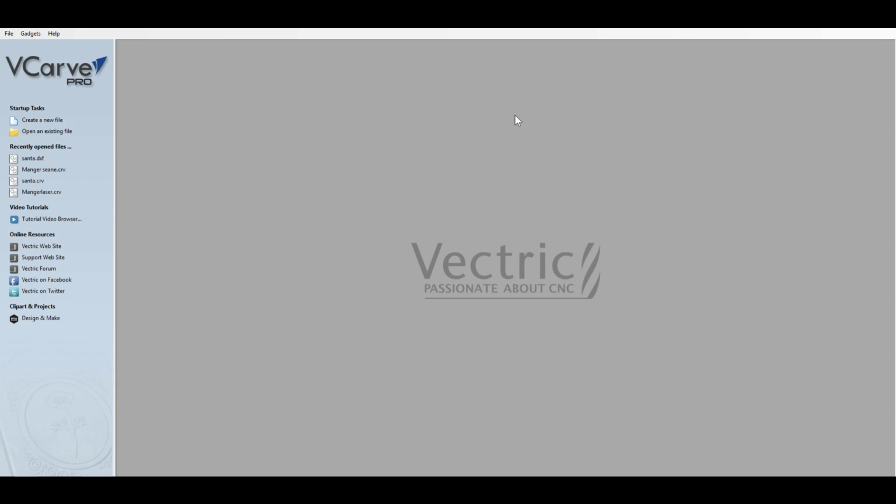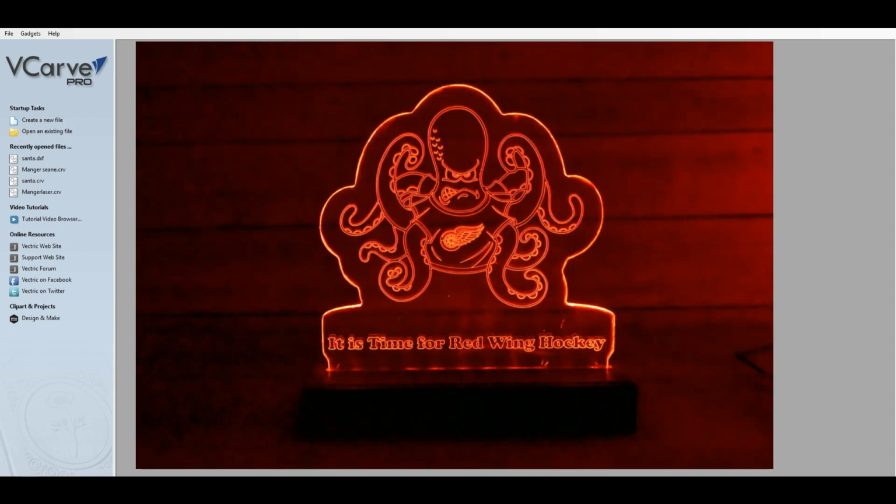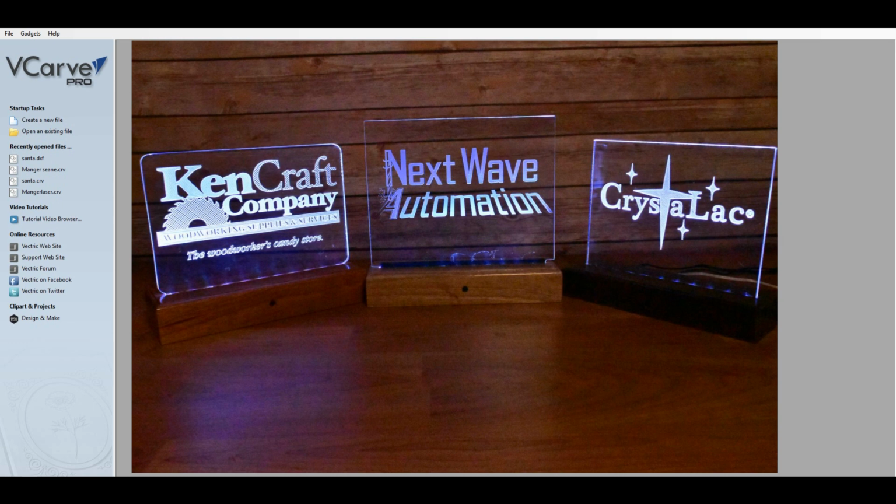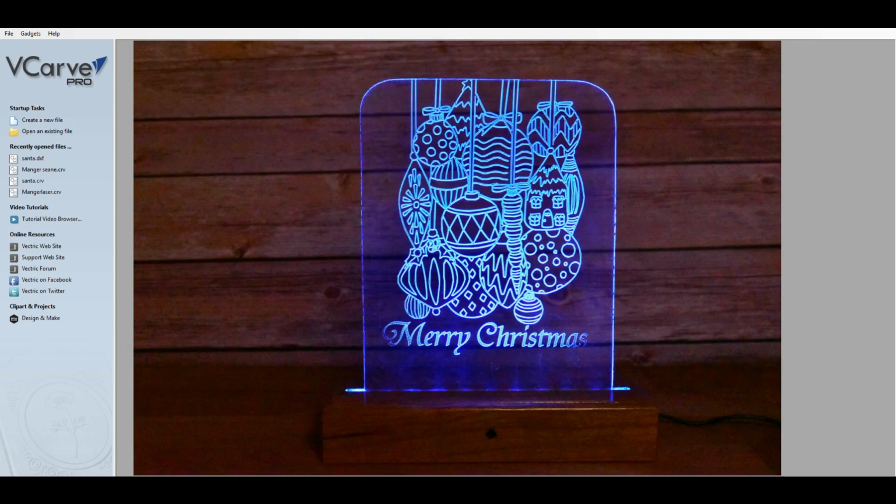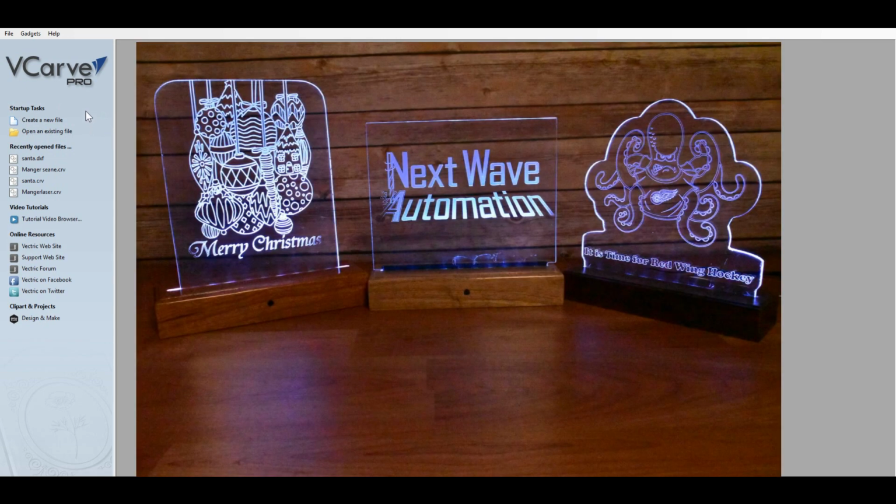Our project this month is an edge lit sign. It's an LED sign. It can be used as a gift, as a nightlight, as a desk ornament, whatever. And you can make it personalized. You can make it anything you want. So this is how I created the acrylic part of this